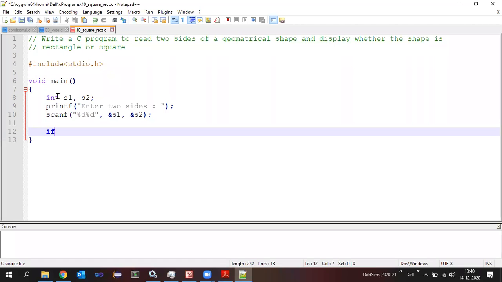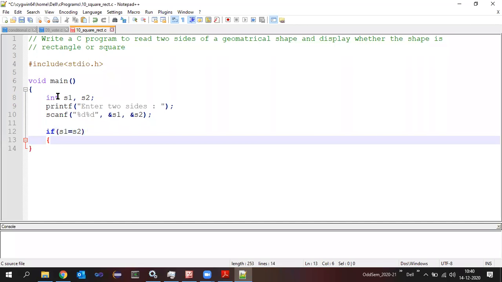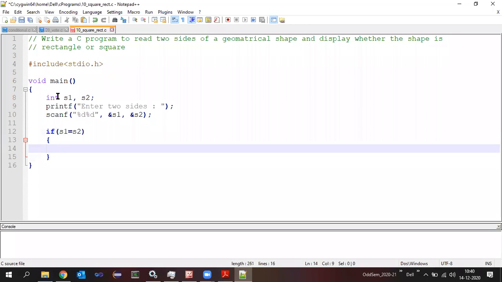If within S1 is, if equal to, bracket S1 equals to S2, right? Yes, sir. Okay, then within the bracket I'm going to write the statement. So if S1 is equals to S2, then the shape is what? It is a square. So I will just write the message printf,